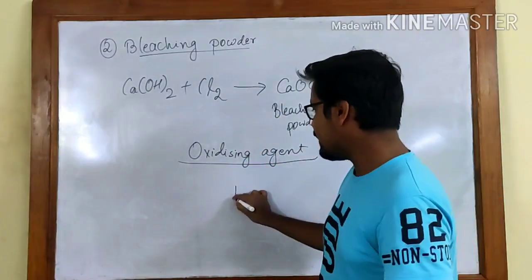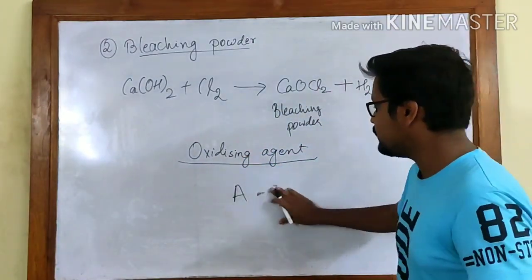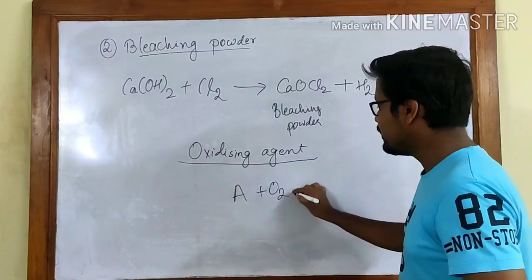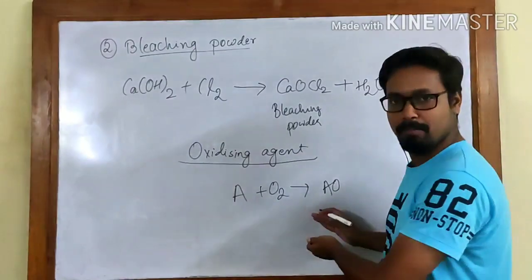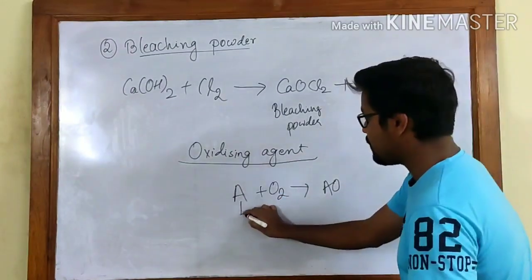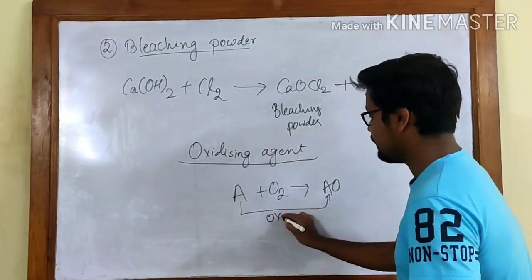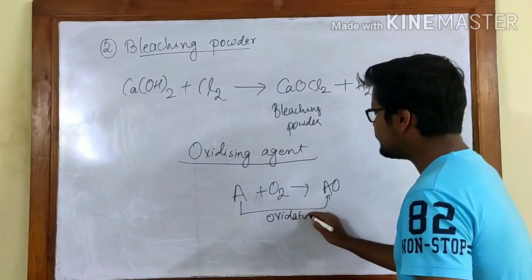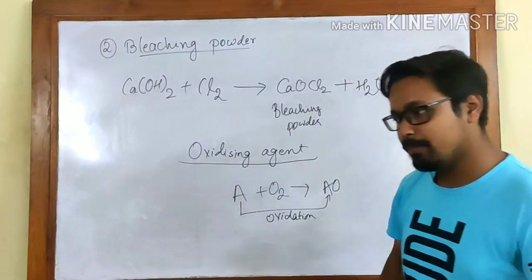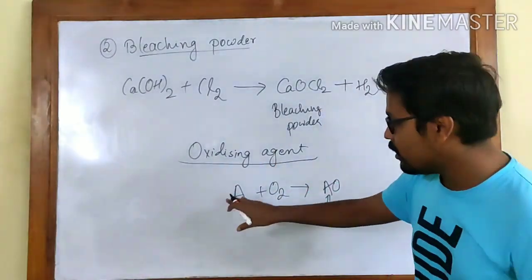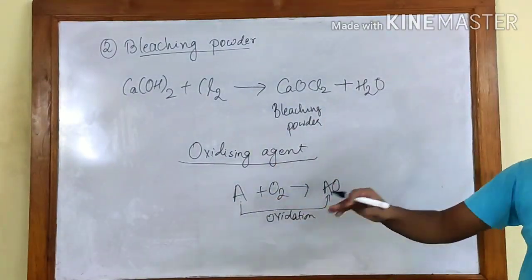So suppose compound A wants oxygen to get oxidized to AO, the oxygenated compound. So compound A undergoes oxidation. Now the thing is, it must get the oxygen from somewhere. So any compound that will be donating the oxygen for this compound to get oxidized will be called the oxidizing